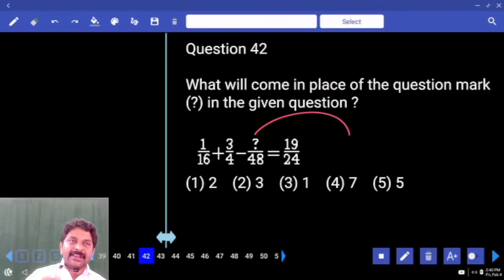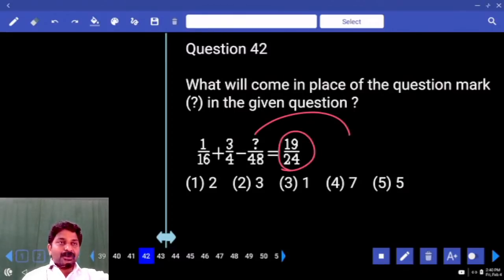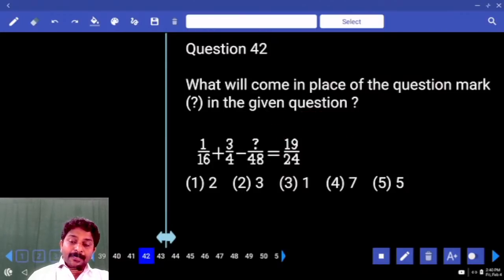Minus x by 48, that's where we have the question mark. Take that to the right-hand side, it becomes positive. And the 19 by 24 on the left-hand side goes to the other side. Okay? So then it becomes minus